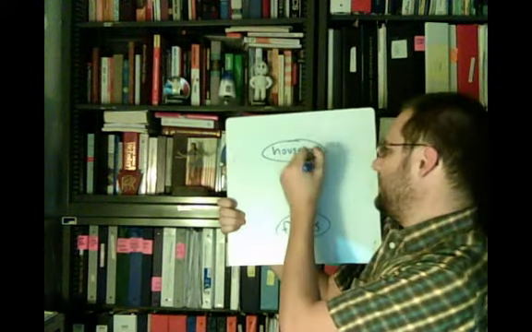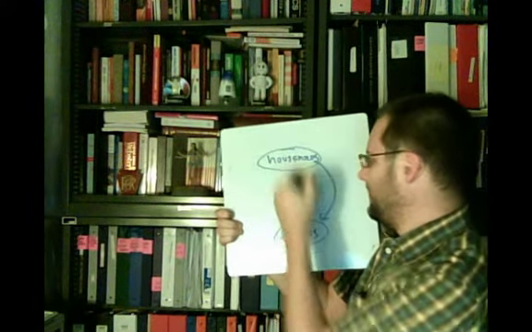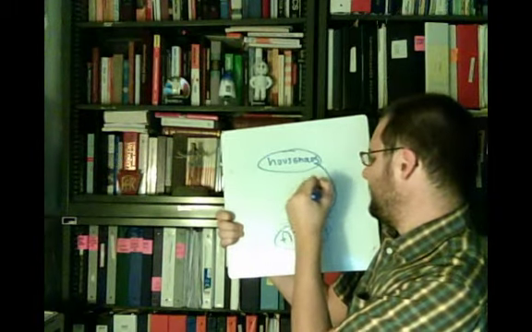Now, in terms of this circular flow diagram, what we say here is that at its very basic level, there are households and firms, and that these households sell their labor,